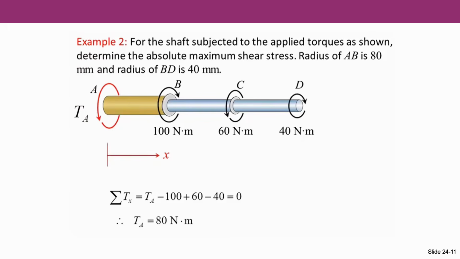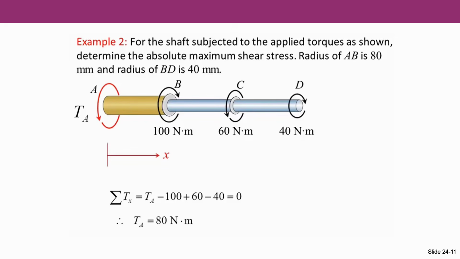Now in order to determine the internal shear stress, the shear stress in each part, in the AB part, BC part and CD part, we need to determine the internal torque values in each part. And we have a cantilevered circular shaft. One side of the shaft is fixed, it has a fixed end. Therefore, this fixed end exerts a torque of TA on this shaft, on the AB part. Please note that this support reaction, this torque reaction, is represented by TA.